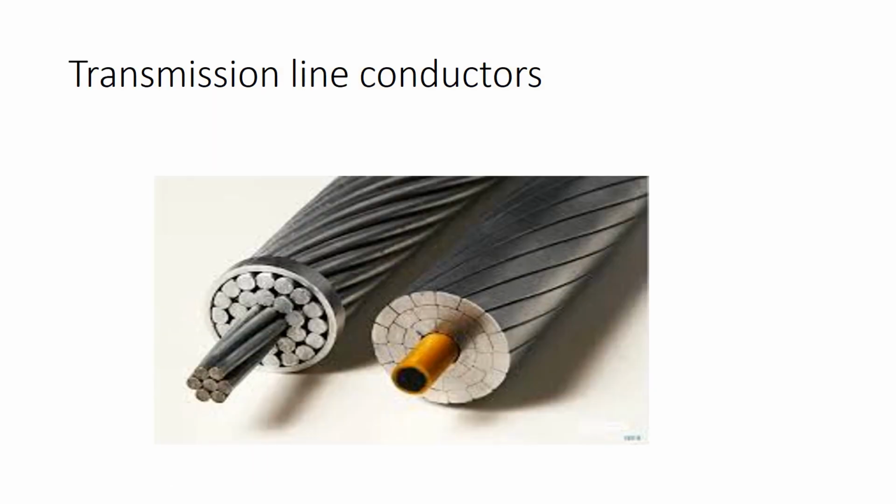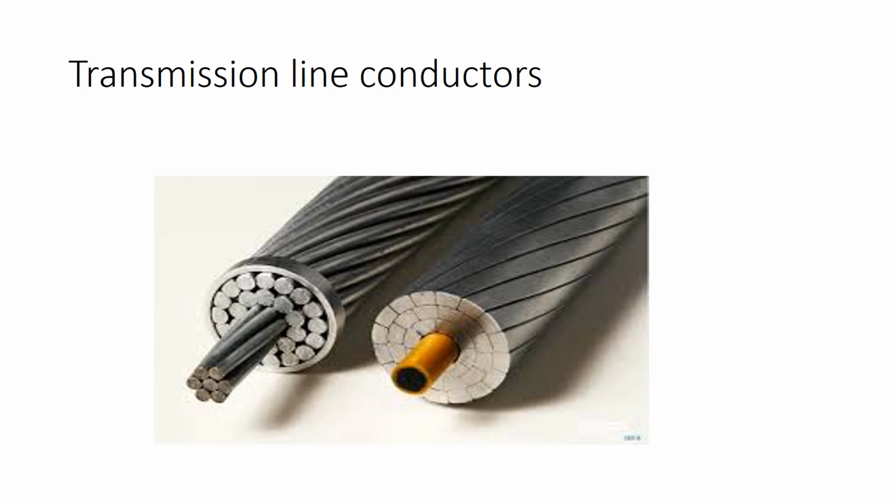And the second important application: we are placing the transformer at the generating station, and we are placing the transformer at the load centers also. But ultimately one important work is also being done here. This is the main application of the transformer. By increasing the voltage level, we are decreasing the current. This is very important, because we know that the current carrying capability is proportional to the area of cross section of the conductor.